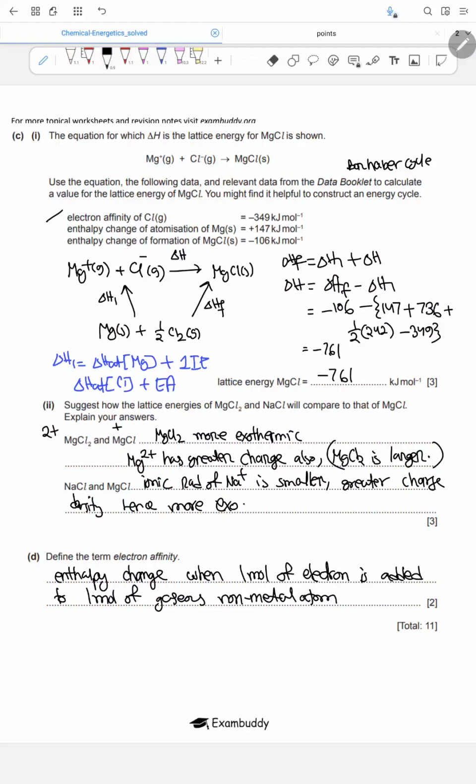But you don't need to write that for now, because standard affinity, don't write that